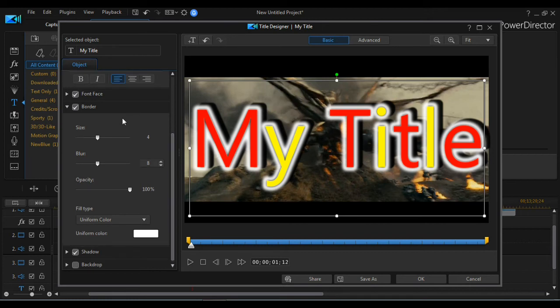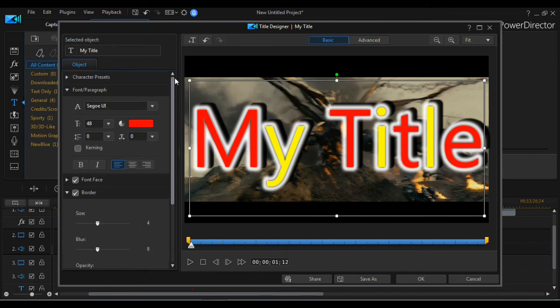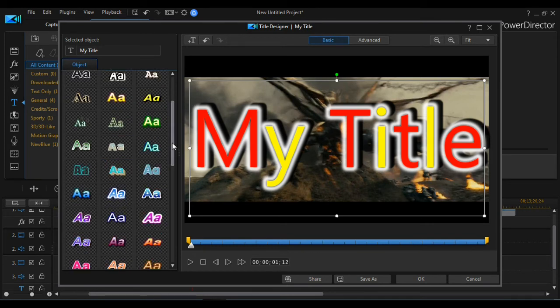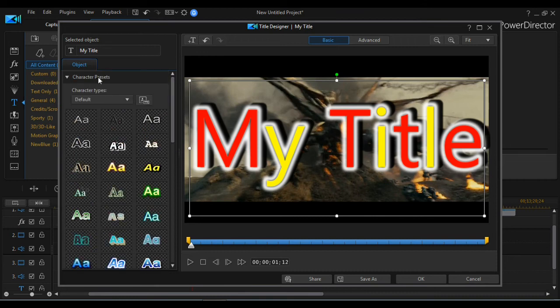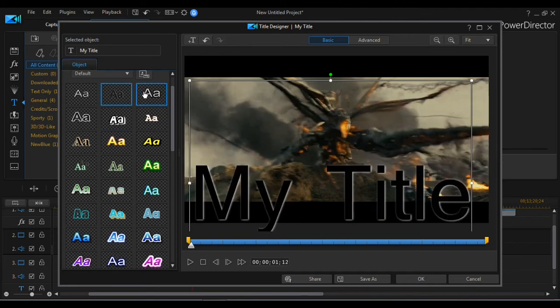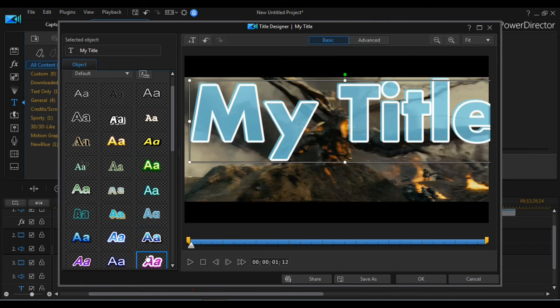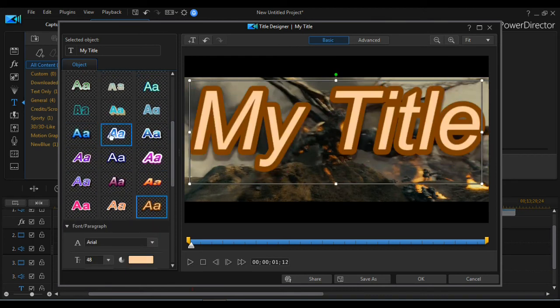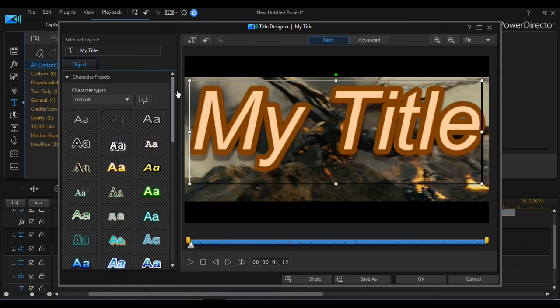Okay. So after that, how to add a transition in this? Adding a transition is also pretty simple. Before adding a transition, you can see character, presence and opacity. You can give whatever you want, or the old design also. There are already many collections. You can take any one from this without any problem. So this text is pretty simple. If you want to insert another text, you can give it again.